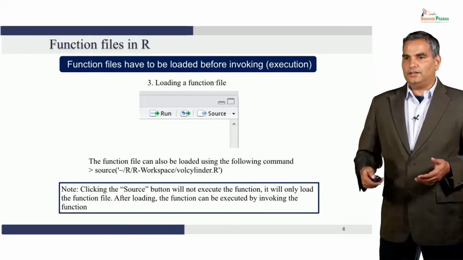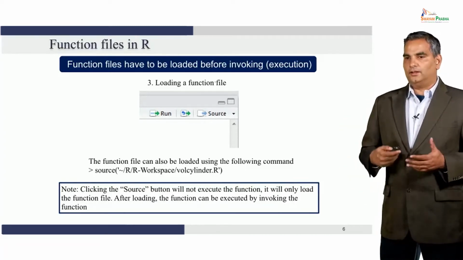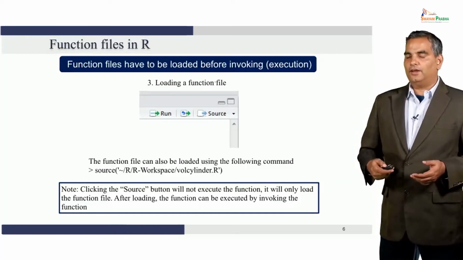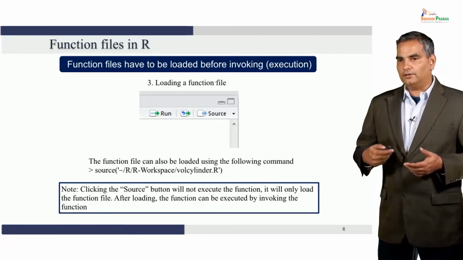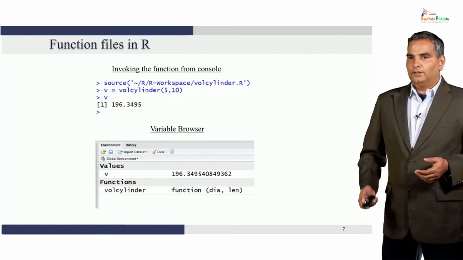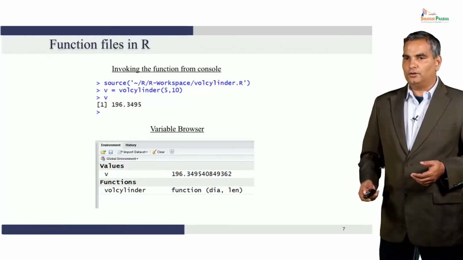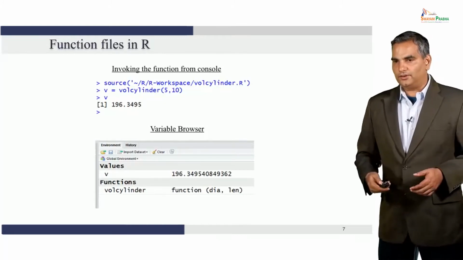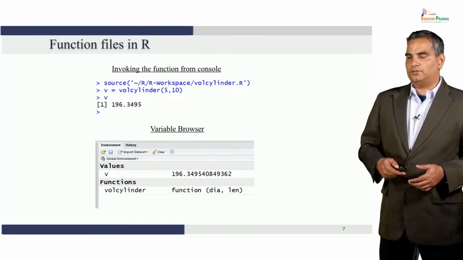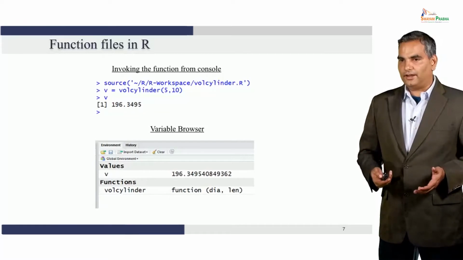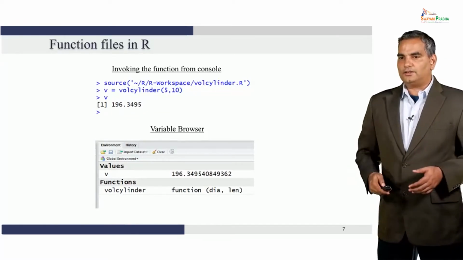You can run this function either using source. Remember, we talked about source and source with echo, or you could run it using the Run tab, where you could either run the file line by line or run the whole file. So there are these two ways of running the program. Invoking the function from the console, first we source, basically we load the function, and then let's say we say v, which is what we're going to call the volume that we're calculating, and I'm going to call the function volume cylinder with two arguments, 5 and 10. In this case, I'm saying the diameter of the cylinder is 5 and the length of the cylinder is 10, and you get the result